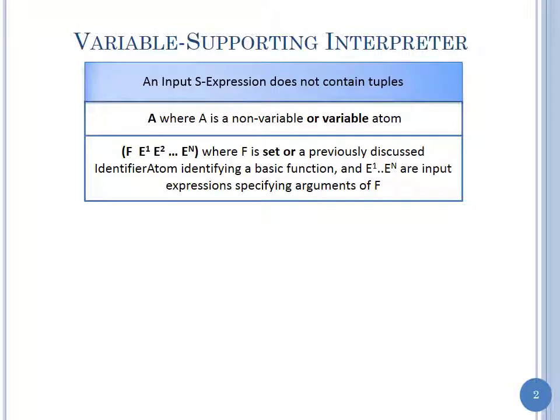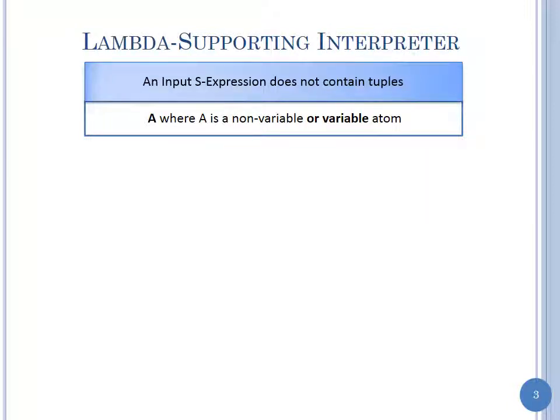So we've got now a variable supporting interpreter. Okay, so A1 was a basic interpreter, and now we've got A1++, one step more, we can set variables and look up variables. Okay, so the next step is a Lambda supporting interpreter. Okay? So these Lambda expressions that Java has and other languages today that also have functional aspects have. So we want to understand Lambdas, so we're going to implement Lambdas here. Okay,